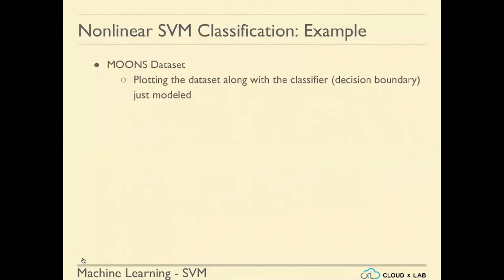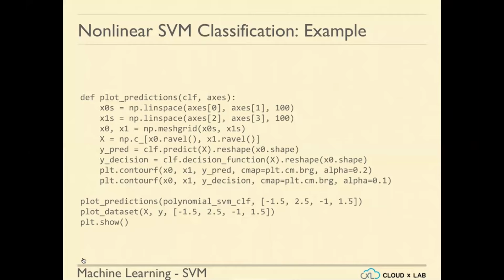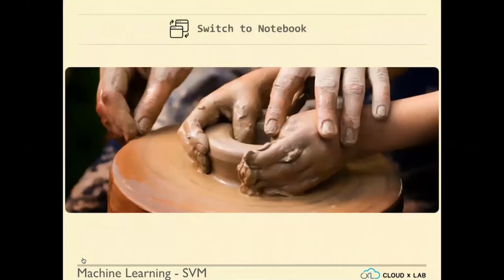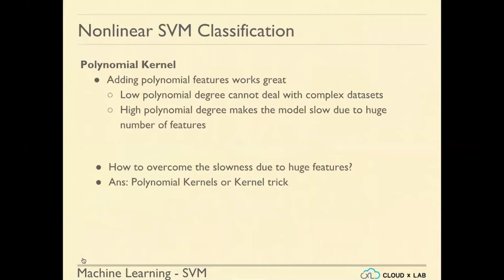No, 50 C0 plus 50 C1, 50 C2, like that. Okay, and that takes a lot of time. It will be like a feature explosion. There are hundreds and hundreds of features, even for a very low degree. Therefore, the slowness due to huge features will happen, and to solve that, we use the polynomial kernels or